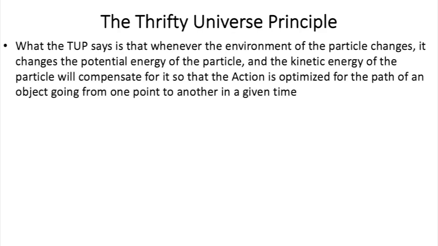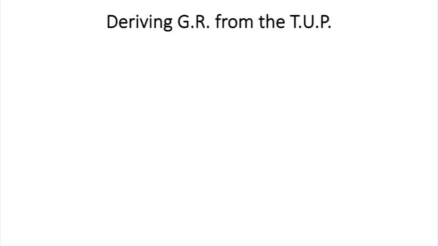So I'll give you a quick reminder here, but if you want to know more details about the thrifty universe principle, the principle of least action or whatever, well, you're going to have to watch my previous videos. Now, in mathematical terms, saying that the action of the actual trajectory is optimized is the same as saying that its variation is equal to 0. So we need to apply that in a 4D space-time volume, since space and time are linked as soon as you talk about relativity.